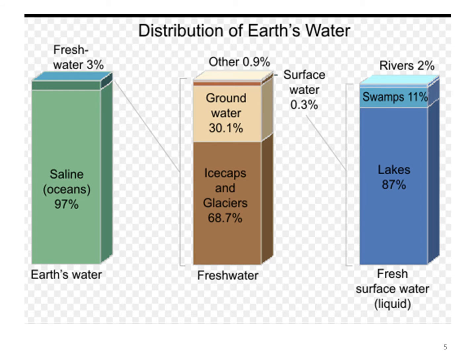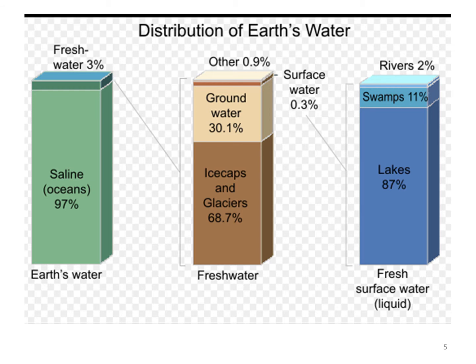So you see that 97% water is in oceans, 3% is fresh. Out of this 3%, we have 68.7% captured in ice caps and glaciers, and 30.1% is in groundwater, and the leftover is surface water in the form of 0.3%, which is rivers and lakes, and the other, which is like biosphere and plants and water vapors, about 0.9%.